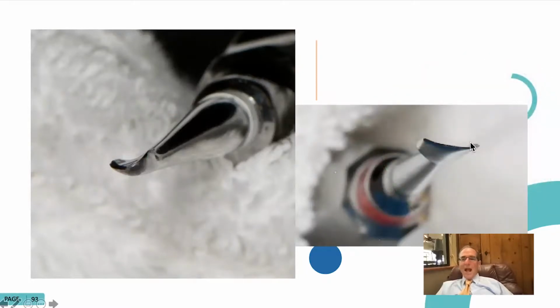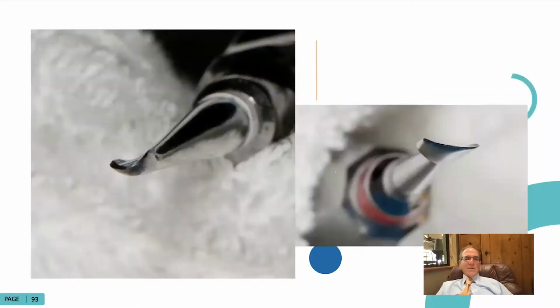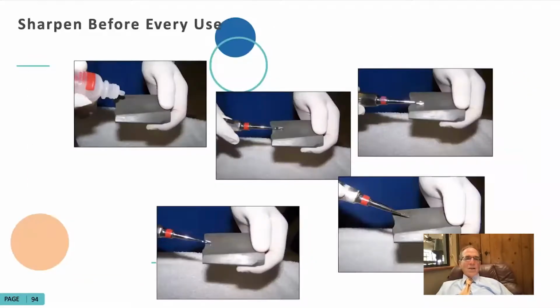And you want to get a whole set. You just don't want to get one or two, because cat teeth come in lots of different sizes. The Miltex ones, the short ones, fit very nicely in your palm, but the IM3 ones, the Sislak ones, are excellent. So you can't go wrong with them, but look at the size of that.